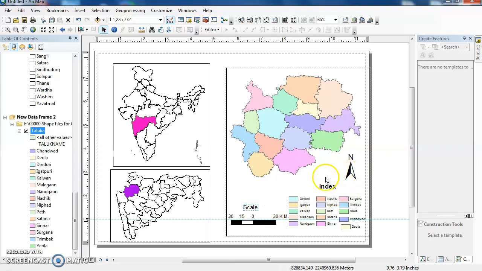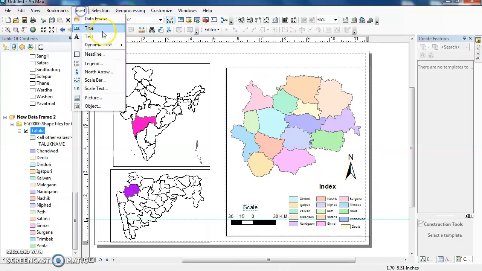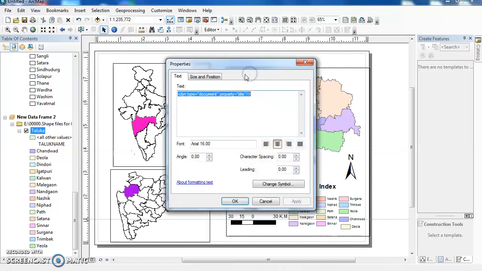Now we have to insert the title for the map. The title, location map. You can write the location map, Nashik district, Maharashtra, and you can keep India in brackets.